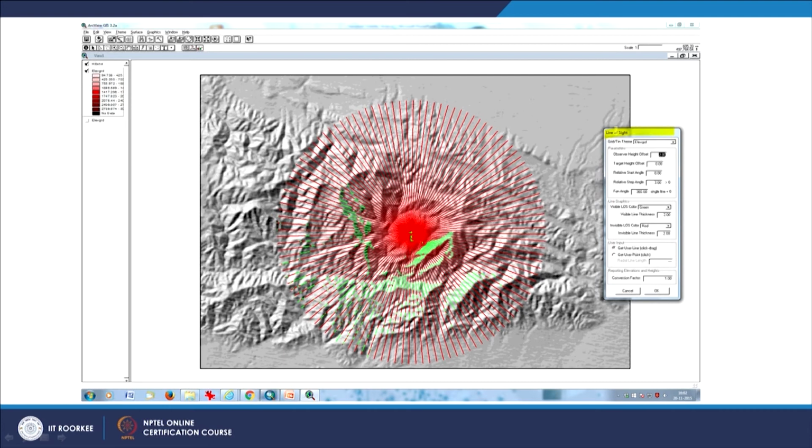And you see, in this line of sight or viewshed analysis, a lot of parameters a user can control. The impedance and other things can also be provided here. Impedance, maybe this area might be forest cover. So, if we know the average height of the trees, we can put that impedance, and of course, the terrain is already there.